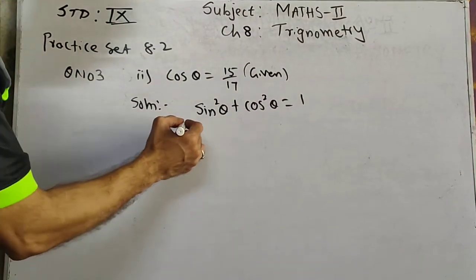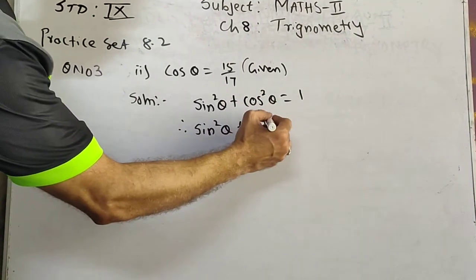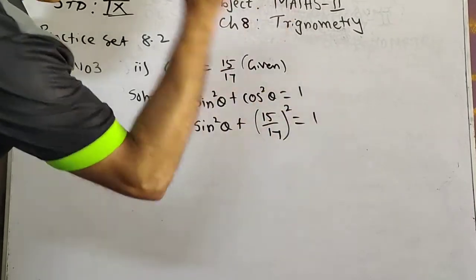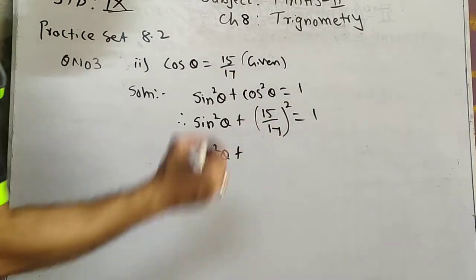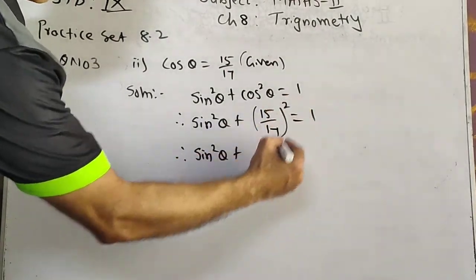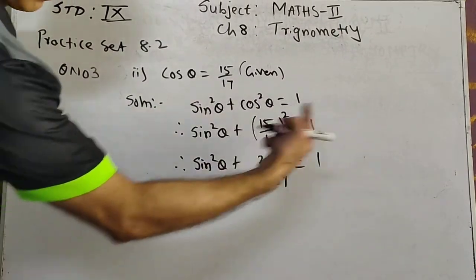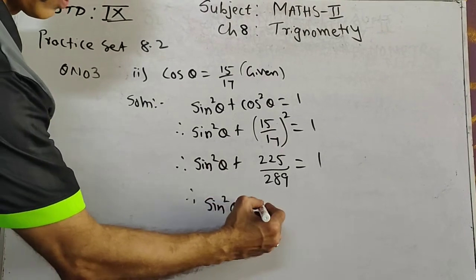Sin theta we don't know. Cos is 15 upon 17, the whole square. Therefore sin square theta plus 15 square is 225, 17 square is 289, right? This will go there, becomes minus. So sin square theta is equal to 1 minus